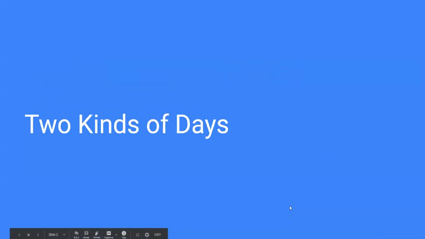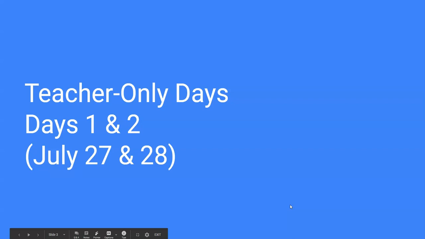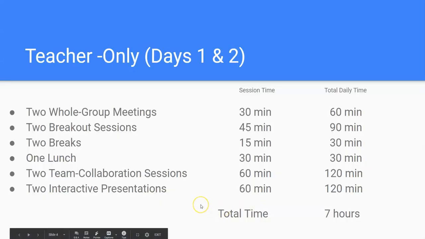Okay, there will be two kinds of days. The first kind is teacher-only days. That will be days 1 and 2. What I haven't mentioned already is this is a 7-day camp. So days 1 and 2 will be for teachers only. That's July 27th and 28th. And on those days when no students are attending, you will have 2 whole group meetings for a total of